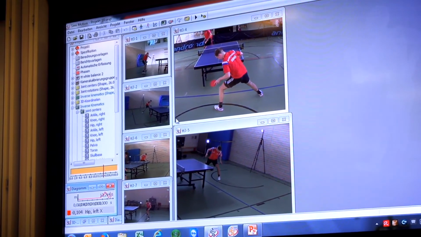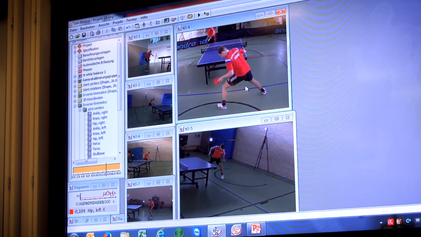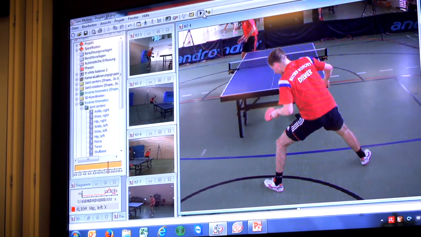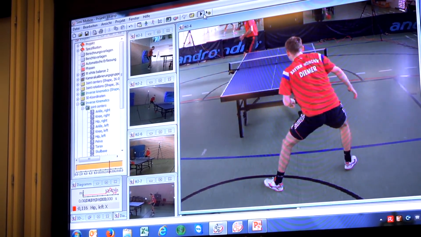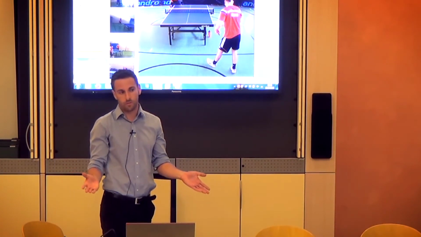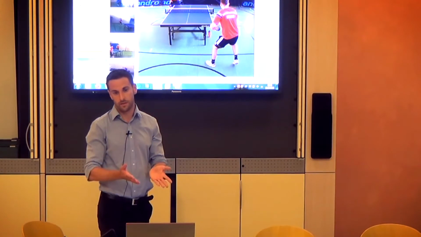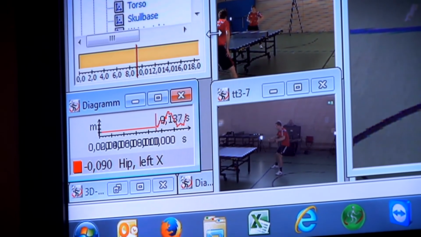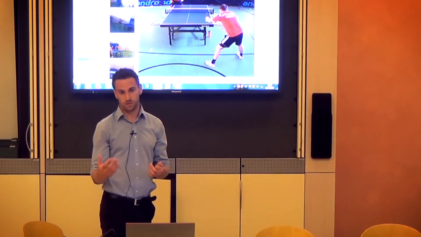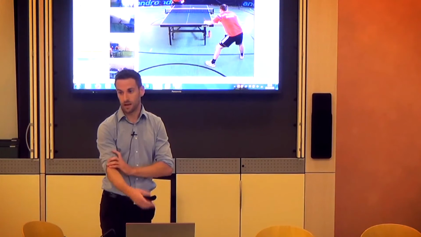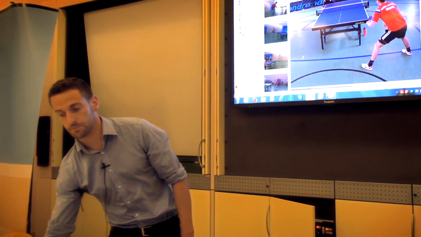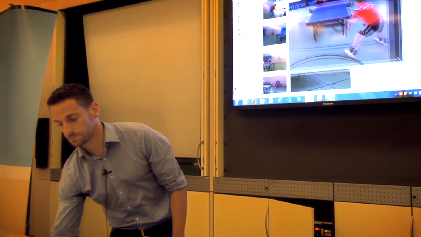Okay, so this is the first thing you can use: just the video feedback. What we captured here is at 250 frames per second, so you can use that for your analysis. It's also important to get the information back to your athlete, because the athlete cannot use raw data. You also have to give all the information you get out of this system back to the athlete while visualizing it very correctly and very well. So this is the first thing you will get out.